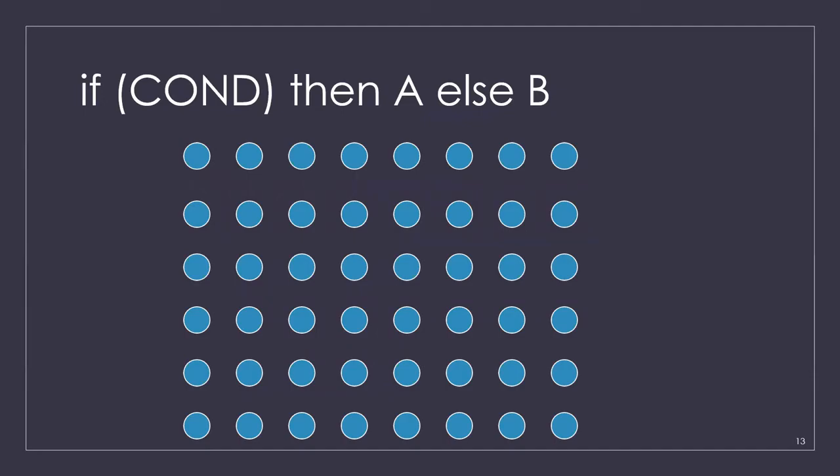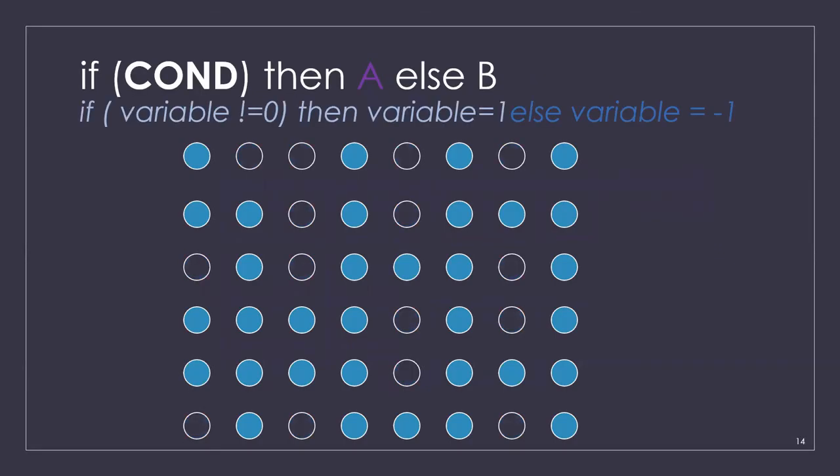Suppose all the processing elements are distributed with a set of integers. The instruction is to convert every non-zero value to 1 and every 0 to a minus 1. So let's look into it. First, the processor will check whether the value given to that particular processing element is a 0 or not. If it is a 0, it will set its masking bit. So it will not be executing the next statement, which is converting every non-zero to a 1.